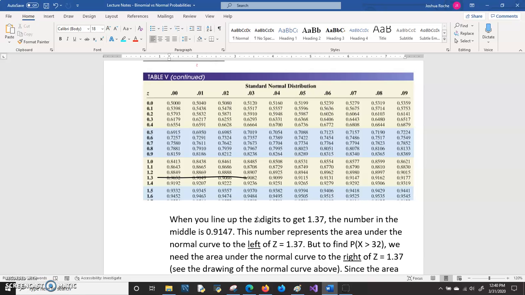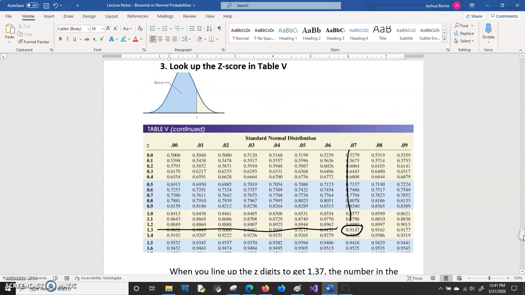1.3, and here's the 7. They line up right here at 0.9147. But you want to keep in mind that that 0.9147 represents the area to the left of that z value. It's described by this picture that comes with the table. If this z represented the z value of 1.37, what we just found is the area to the left,